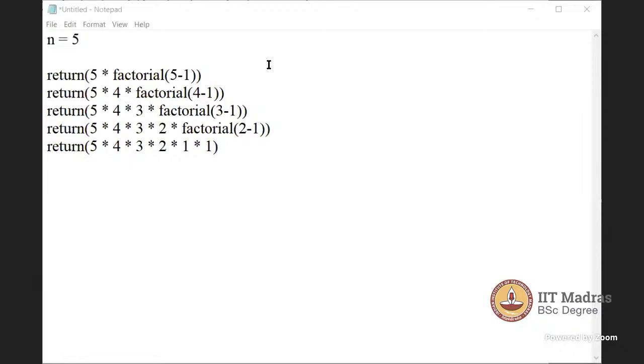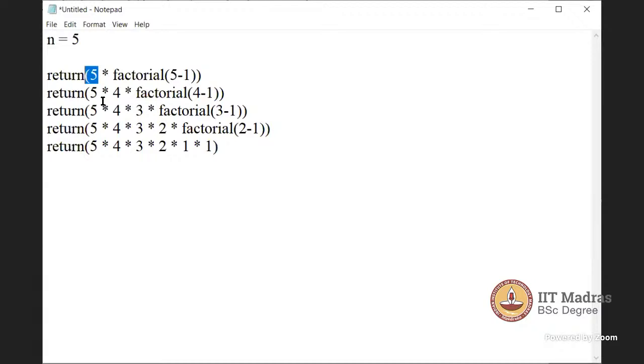Some variation of it, some smaller part of it, or maybe some larger part of it. Are you doing the same procedure again? What was the procedure? I want to find factorial of 5, and the answer of factorial of 5 is factorial of 4 into 5. Correct? Yes. So the answer for my current question is in something else, which is again a sub-question. If you have that kind of scenario, then recursion is the best way to solve the problem.